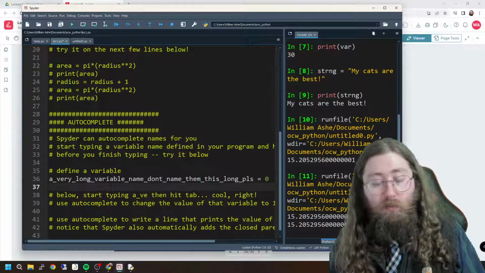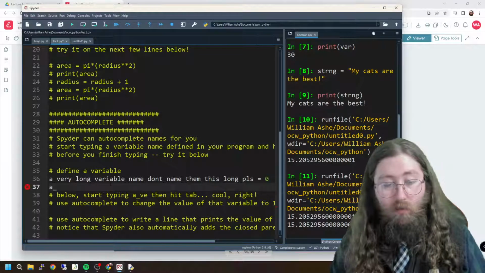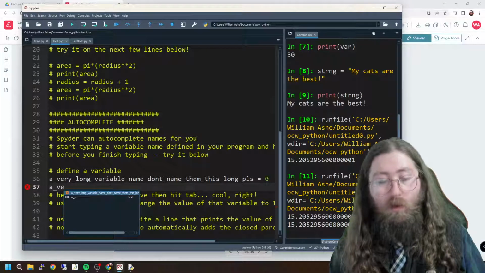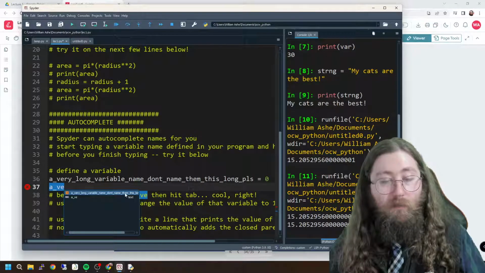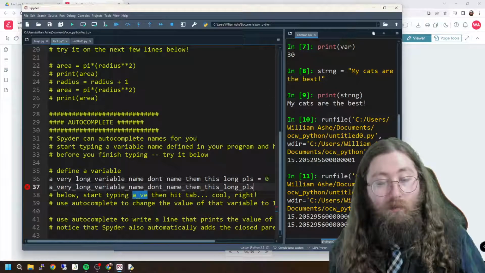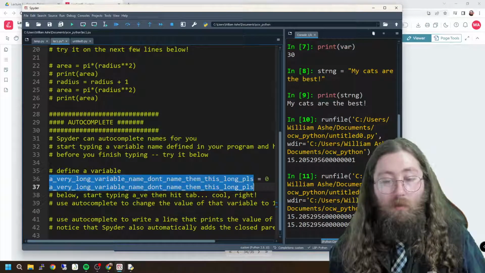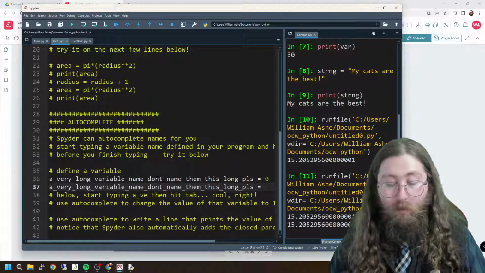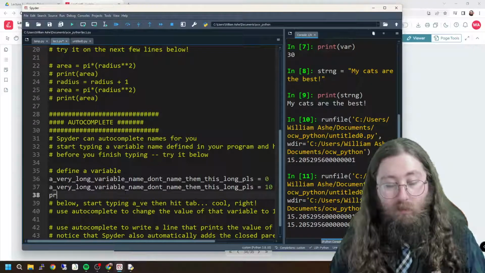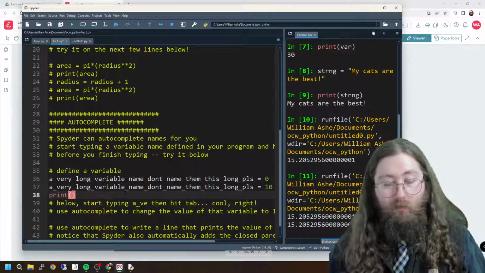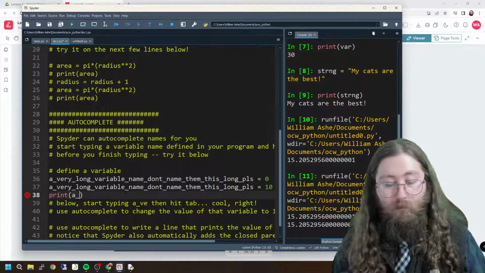So I go to type it in, A_VE. Oh gosh, this is too long, right? But you can see it right here. It just popped up, and I can actually press tab, and it finishes it for me. Okay. Now let's rebind that very long variable to that, and then let's print that very long variable.